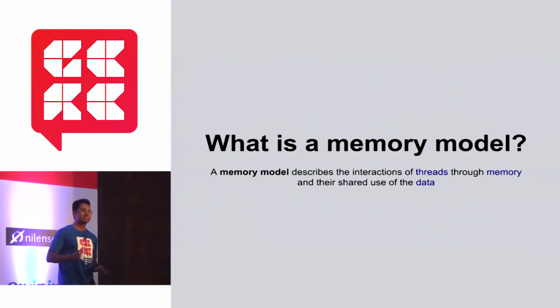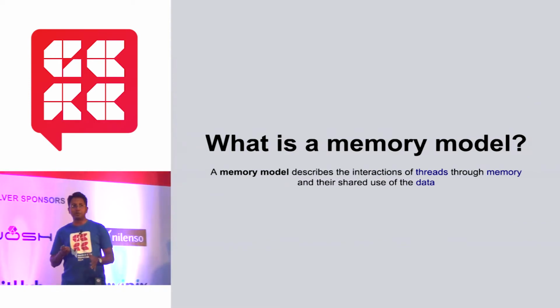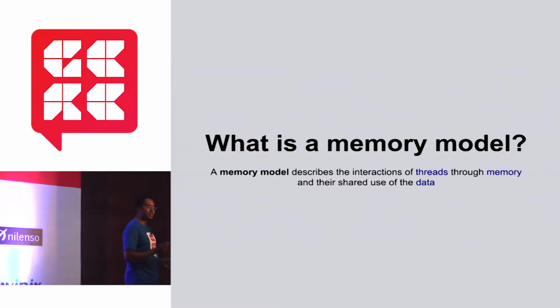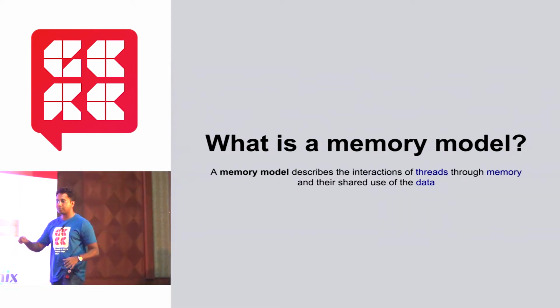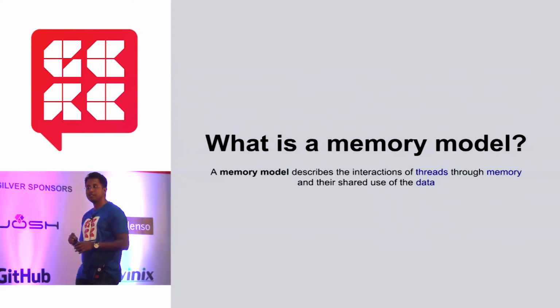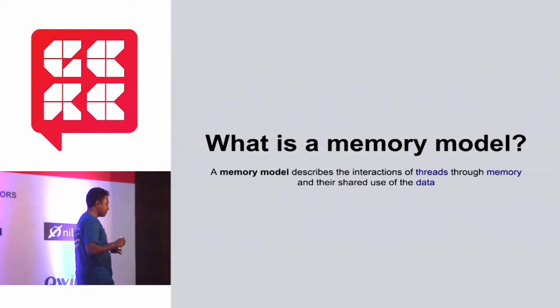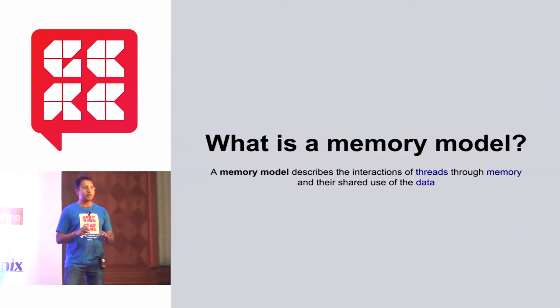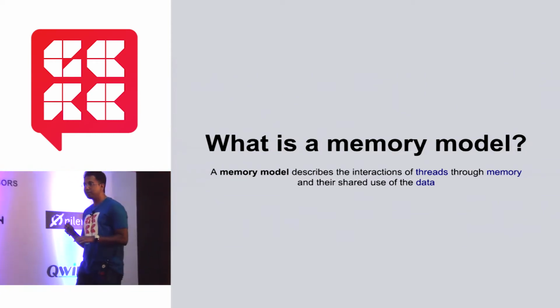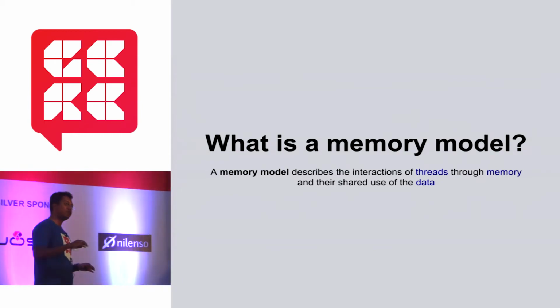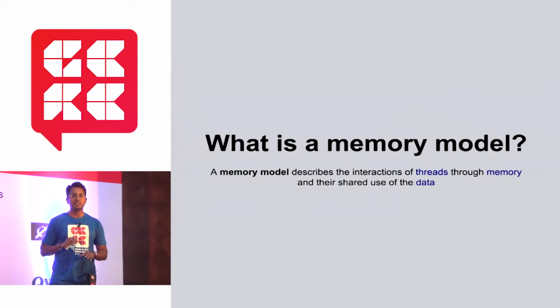Okay, some more hands. So Java was the first programming language that came up with a concept called memory model, right? Because the first thing is write once, run anywhere. It had to be predictable across platforms, across VM implementations, and things like that. So there had to be a JSR which specified what is the memory model that you can code against so that your multi-threaded code works predictably and deterministically across platforms and across virtual machines, right?